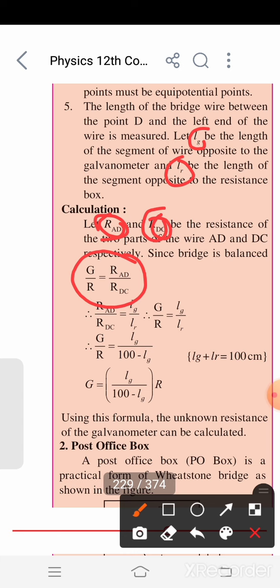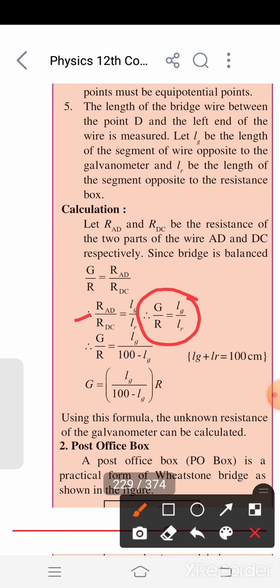But RAD is considered as sigma Lg, and RDC is considered as sigma Lr, where sigma is the resistance per unit length of the wire, which has the same value because the wire used in this instrument has uniform cross sectional area. Therefore, RAD upon RDC is equal to Lg upon Lr. Therefore, the above equation becomes G upon R is equal to Lg upon Lr,